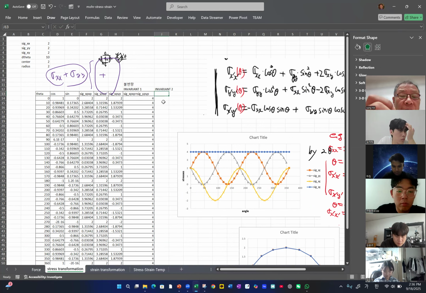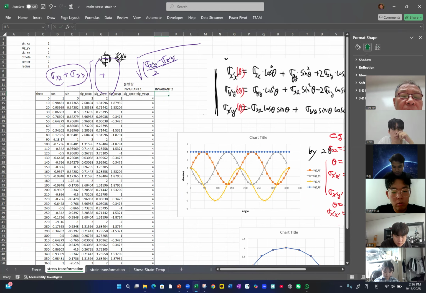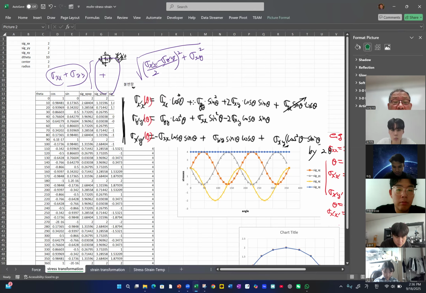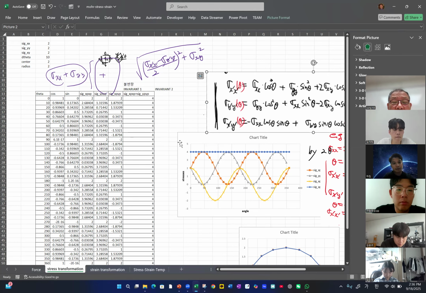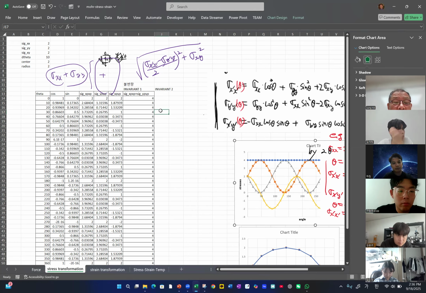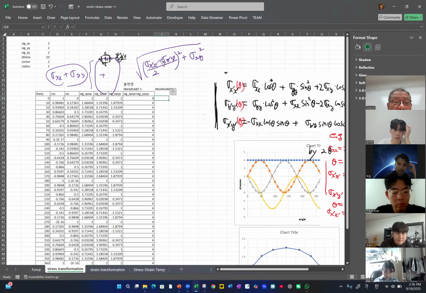I will just give you the answer. The answer is that 2 sigma x prime minus sigma y prime squared plus sigma xy squared. Why did I come to this equation? Well, don't ask me. If you look at this one and put it here, you will see this invariant. So we simply follow this term equal